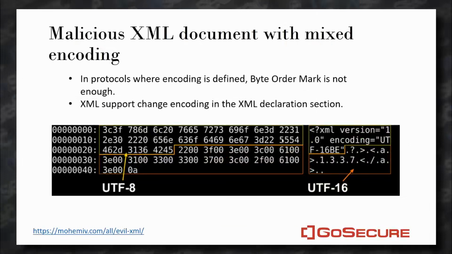XML also has another option. In XML, you can define the encoding in the first declaration node, and from this point it will switch to this encoding. So even if your parser is specified to use one encoding, it can be switched this way. The screenshot is showing an interesting parser, libxml2 in C. What's interesting is that the encoding switches right after the attribute instead of at the end of the first declaration tag. This is an interesting behavior, but in the end it's the same principle.